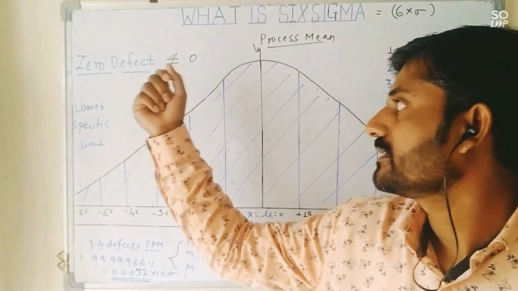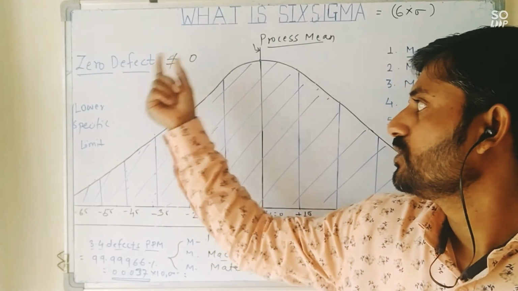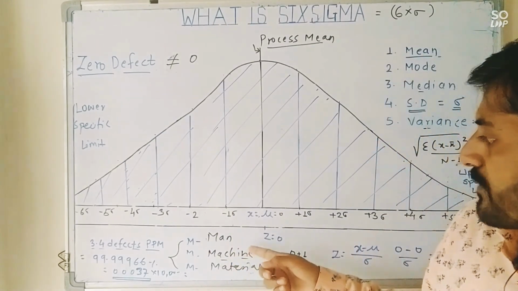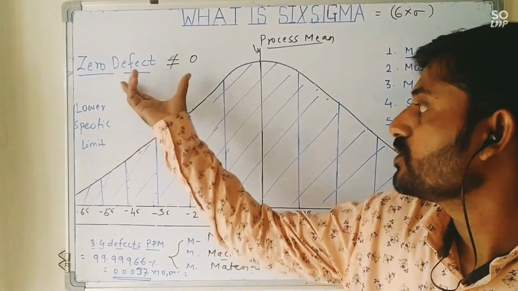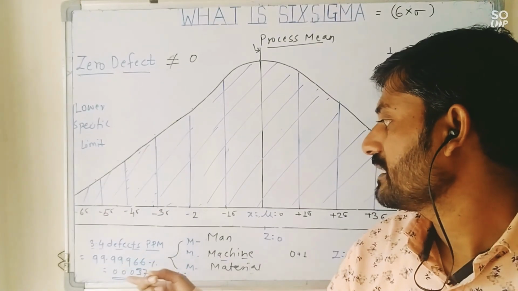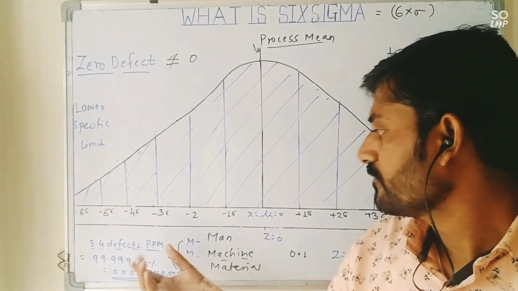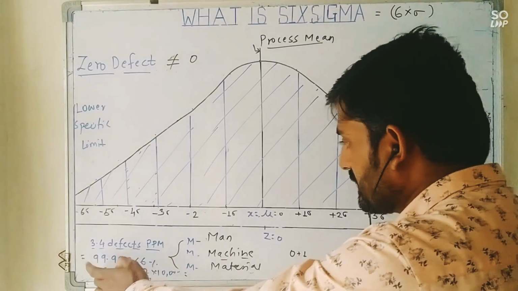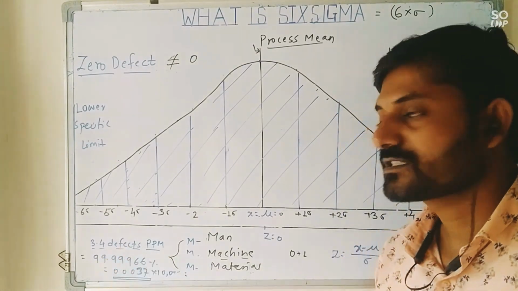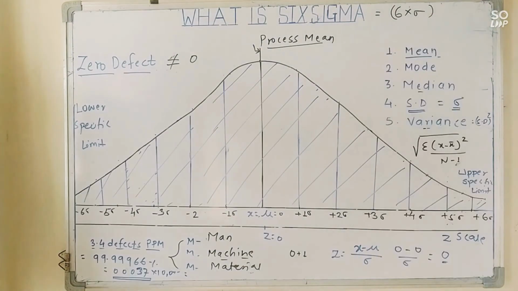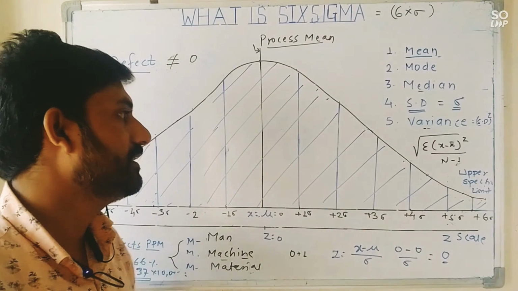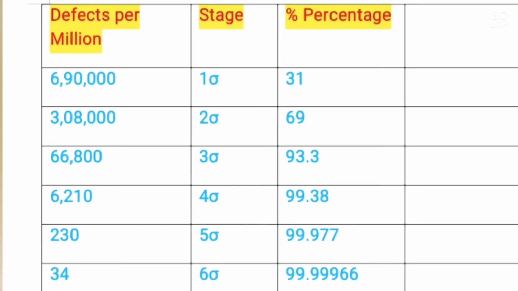But as you all know, it is very difficult to achieve zero defects because of man, machine and material. But we can achieve up to 99.99966%. So if we achieve quality up to this level, we will find 3.4 defects per part per million. Now we will see one table. In the table you can see the first column is defect per million, the second column is stage, and the third column is percentage. If we are talking about first sigma level, 1 sigma,